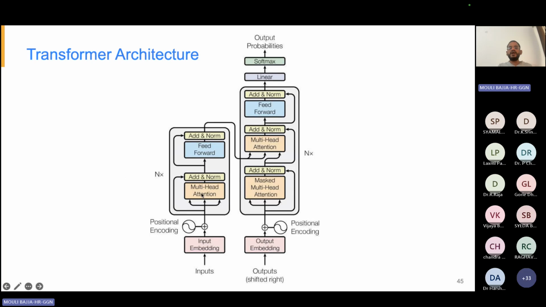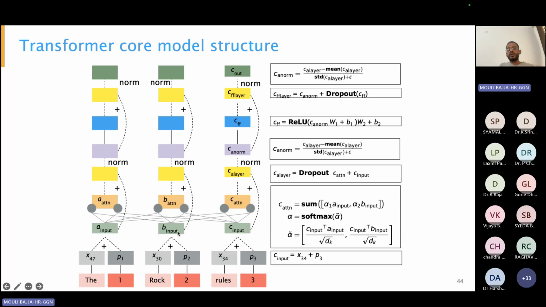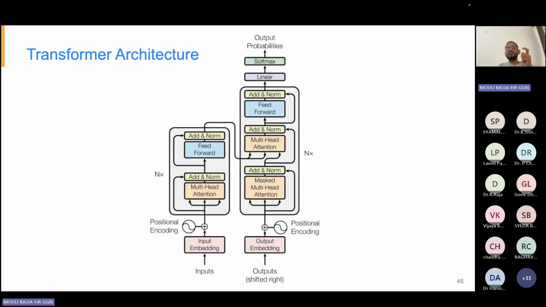Now what you see here, you look at the left hand side. We spoke about inputs becoming embeddings. I also referred to positional embedding. You could use either a sine curve or some sort of a number that will signify where the word is. So you add that to the input and push it to the block. The block has an attention head, multi-attention head. The output of the attention head gets normalized.